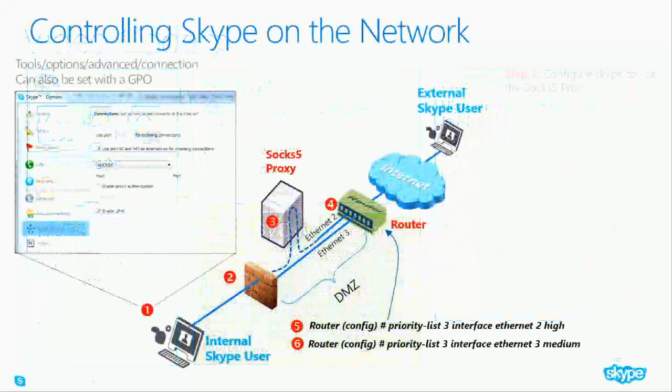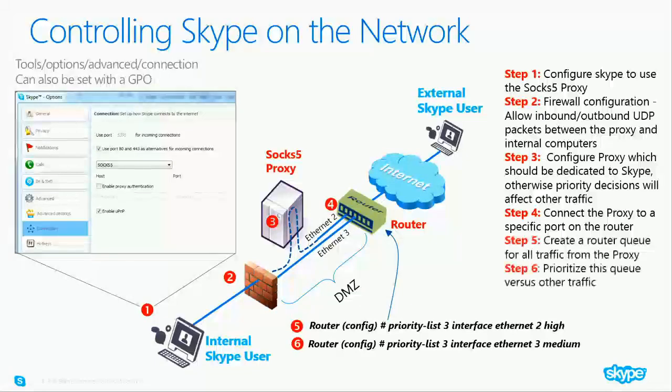This is a nod to the only way that you could control Skype on your network. If you went into the Skype options menu, you would find the ability to predefine the port number that would be used for the Skype calls. If you do that, you can also associate a SOCKS5 proxy and insert that into your DMZ. Once you've done that, you could then prioritize the port that arrives on your Cisco router (I put the Cisco router commands in here) and effectively squash, or in fact entirely inhibit, Skype on your network. That can be set using a group policy object registry setting type approach, but I don't think it's particularly